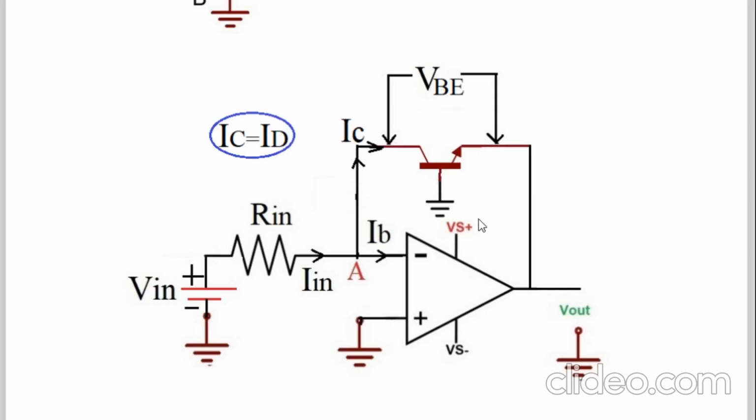Here instead of ID it is IC, but IC is equal to ID only, and VBE is equal to VD only. In this way we will start deriving, and from the left hand side we have to start again. The same steps are applied. On the left hand side we apply Ohm's law, V is equal to I into R, so Vin is equal to Rin into Iin. Then come to this point, apply Kirchhoff's current law and write the equation. Then don't enter into the op-amp, follow this path and write the equation for the voltage VBE by potential difference logic, and by using the logic of the current ID flowing through the diode. So we will start for that now.